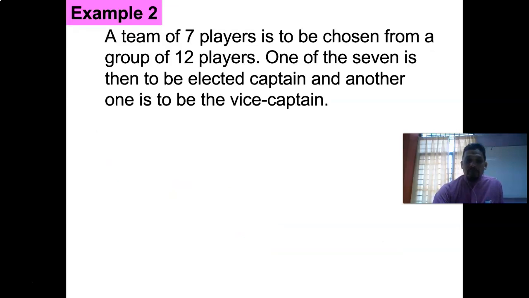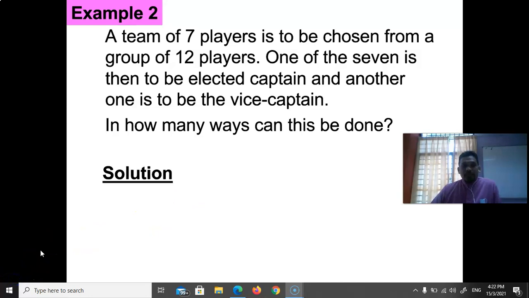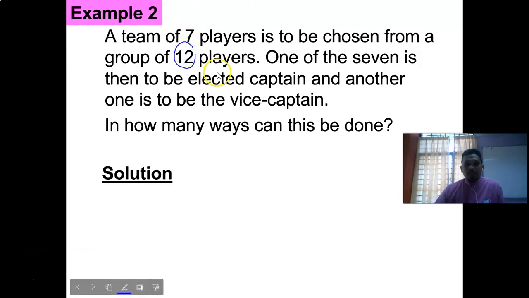A team of 7 players is to be chosen from a group of 12 players. One of the 7 is then to be elected captain, and another one is to be vice captain. In how many ways can it be done? Okay. So class, just imagine there are 12 players, and from the 12, I need to choose the best 7. The best 7 out of 12. So it is